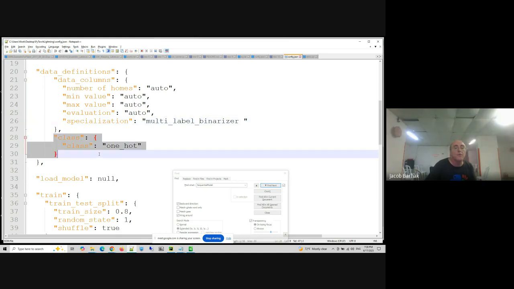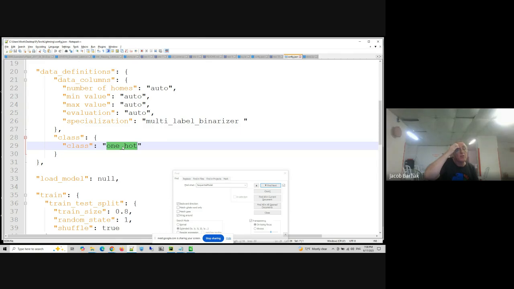Finally, you define the class. The class is basically the output, and in our case, it will be presented as one-hot. One-hot is a way to say that if you have a class of 3 numbers, then basically 001, 010, or 100 will be the representation. If it's 001, this means only the third element. Let's say risky is the third one, if you go alphabetically, then the 001 will highlight 1 if you have risky.